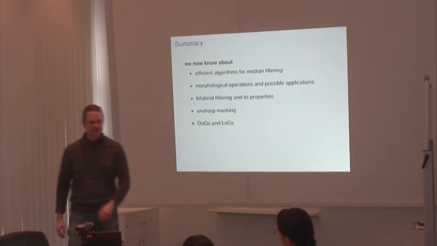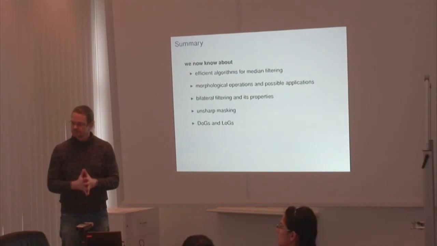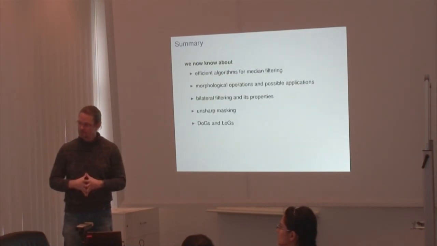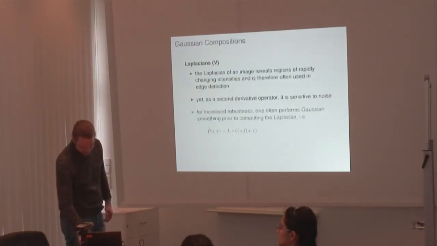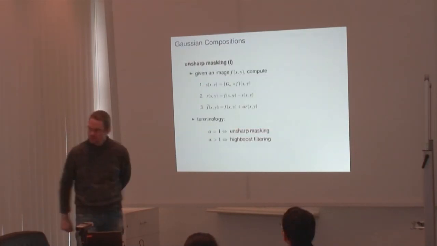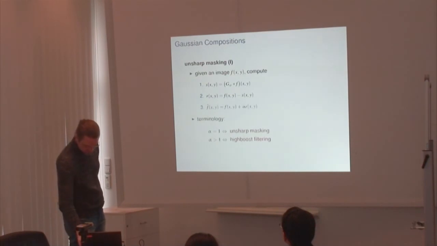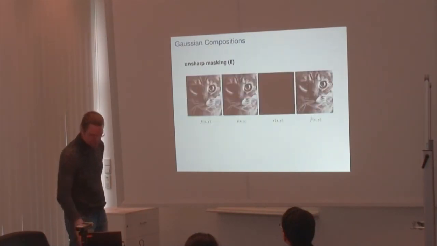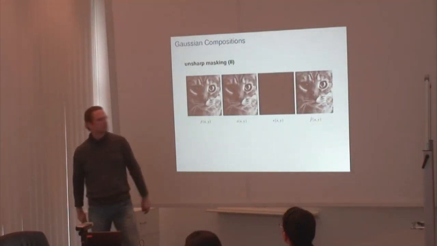Are there any questions? Yeah. For the unsharp masking, when we choose alpha equal to 1, then we get unsharp masking, and if alpha is larger than 1... Yeah. So how about alpha less than 1? Then it will actually blur the image again. Right, so look,